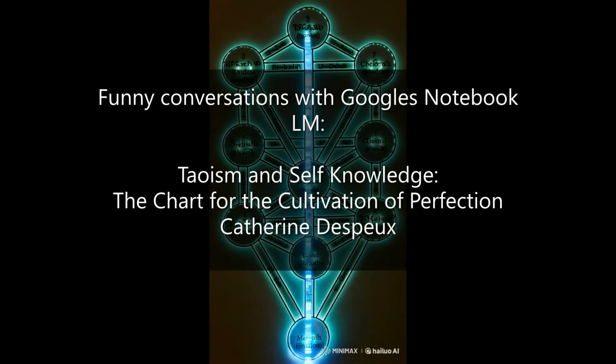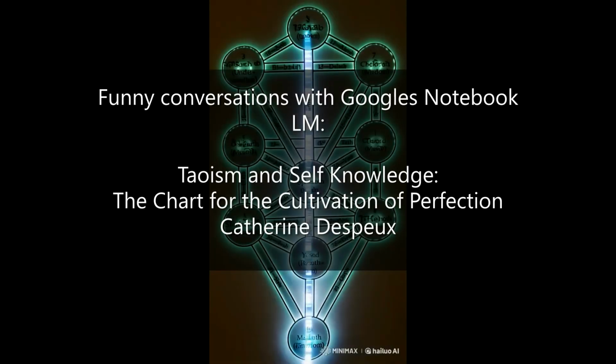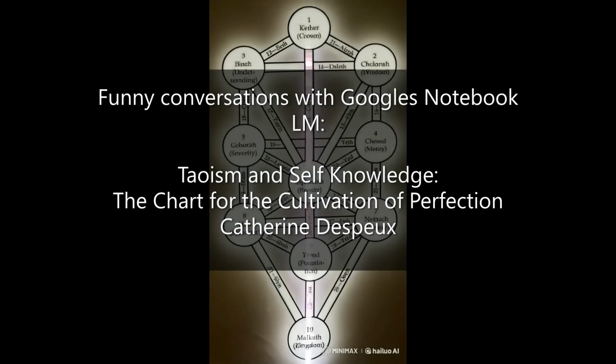Well, the thunder rites are a really captivating aspect of Taoist practice, and they're woven into this chart in subtle but powerful ways. Think of thunder as a wake-up call, this jolt of energy that shakes us out of complacency and propels us towards spiritual awareness. I can see how that ties into the theme of transformation that runs throughout this whole chart. But how are these thunder rites specifically represented?